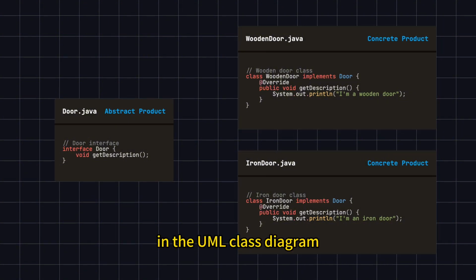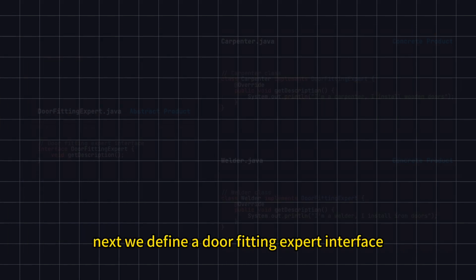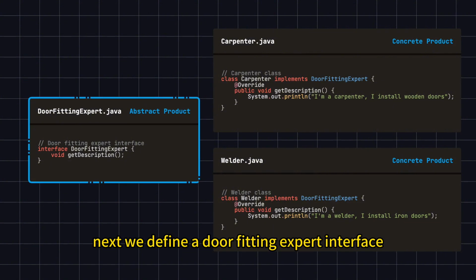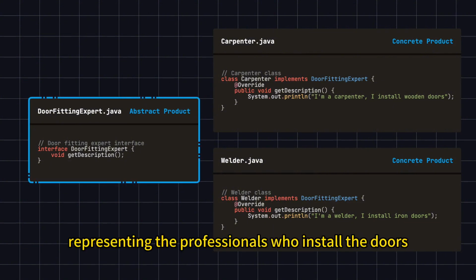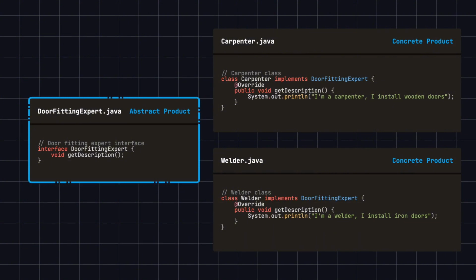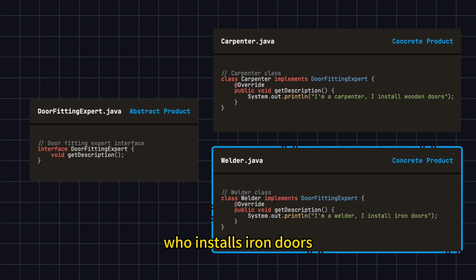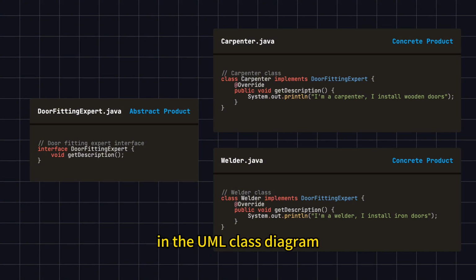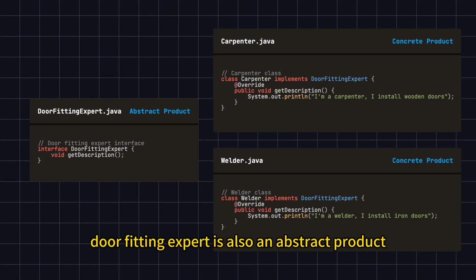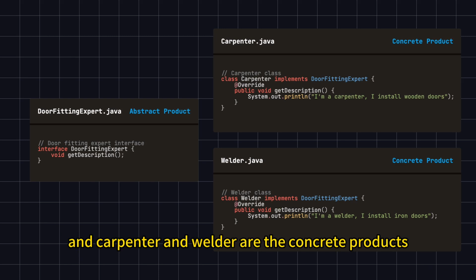In the UML class diagram, door is the abstract product, and wooden door and iron door are the concrete products. Next, we define a door fitting expert interface, representing the professionals who install the doors. We then implement two concrete specialists: carpenter, who installs wooden doors, and welder, who installs iron doors. In the UML class diagram, door fitting expert is also an abstract product, and carpenter and welder are the concrete